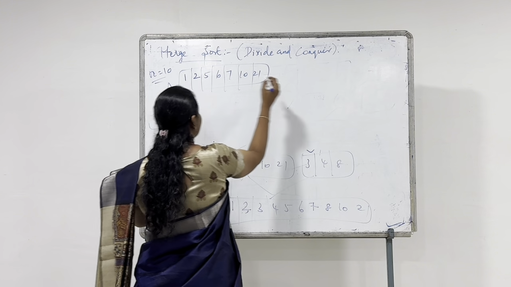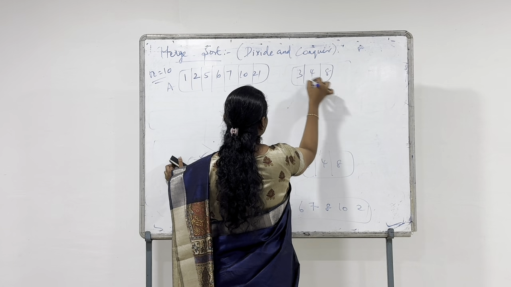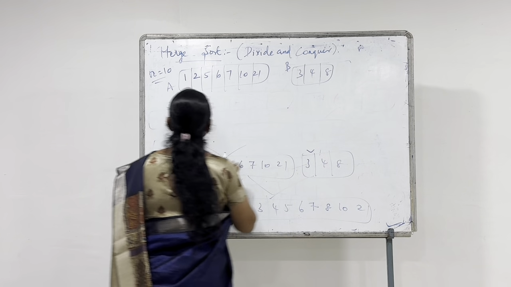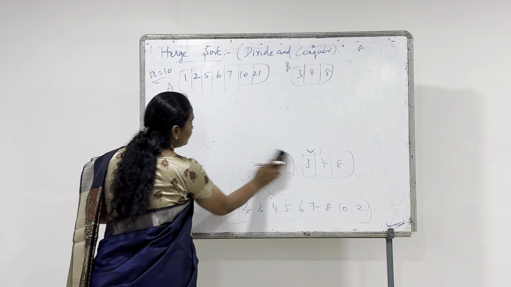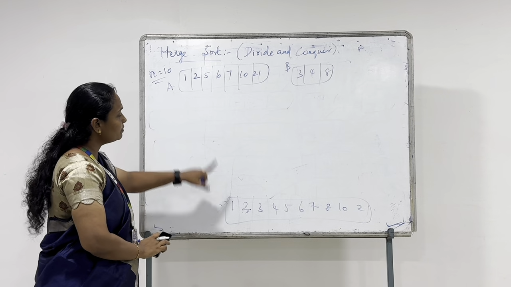Take this as the A array and this as the B array. After implementing the merge sort algorithm, we are going to finally get